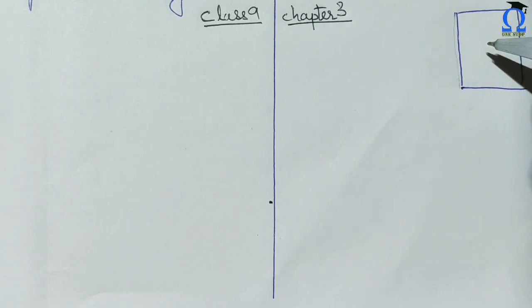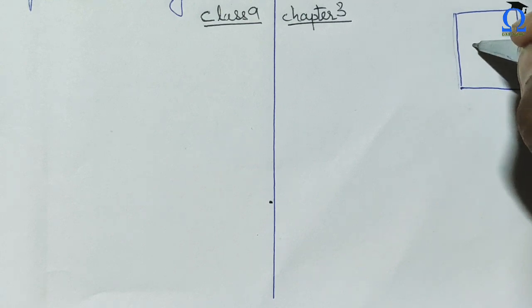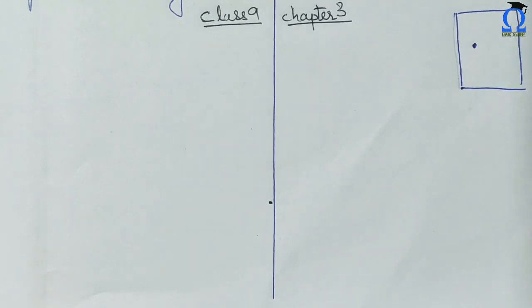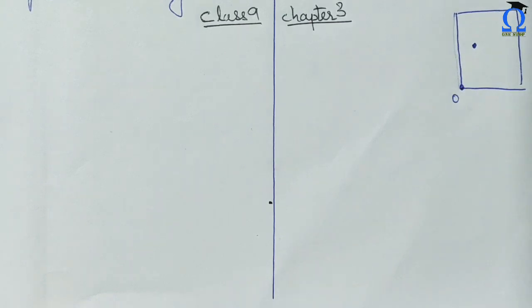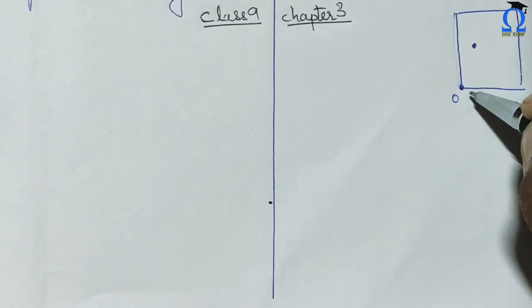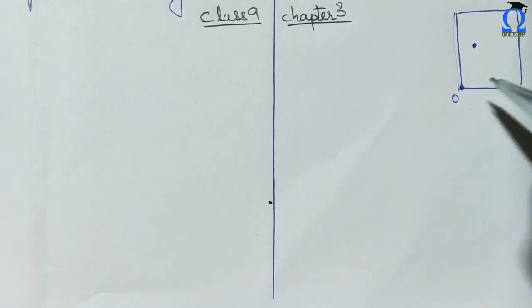Now let's say your home is situated here. Coordinate geometry will give you the exact location of your home with respect to the whole area we have. So how will we do that? We will assume that this is the origin, and origin means this will start with 0. 0 comma 0, that is, x and y are 0. I will tell you what x and y are.